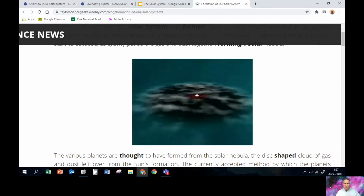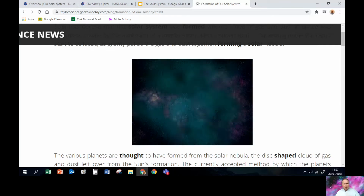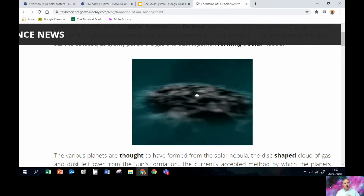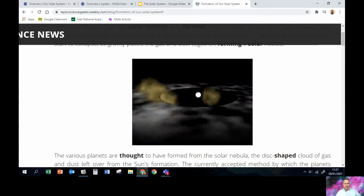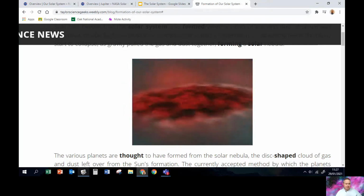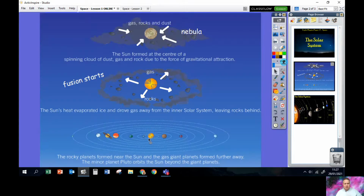So you end up with the heavier, more dense materials left orbiting around near that star, but the lighter, less dense, lower boiling and melting point materials ending up being blasted or pushed far away from the star by the energy and radiation that's coming from it. And that's why we end up with a solar system, which is made of the star, our sun, in the center, with objects orbiting near it, which are made of dense materials, rocks, metals,